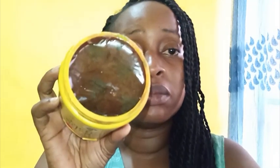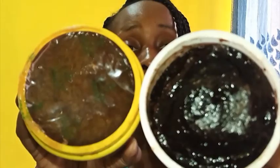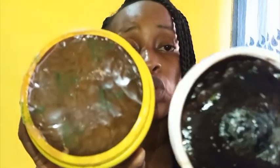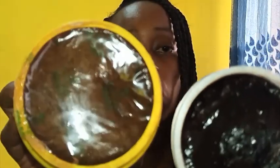It is an herbal soap. It is also made in Ghana. It is a black soap. Now, Supertoner isn't that black, unlike Debitone. Debitone is very dark in color. Supertoner isn't so dark in color. That's one of the differences between these two soaps. So if you want a dark soap, you go for Debitone. If you don't want something too dark, some people have issues with dark colored soap, so you can go for